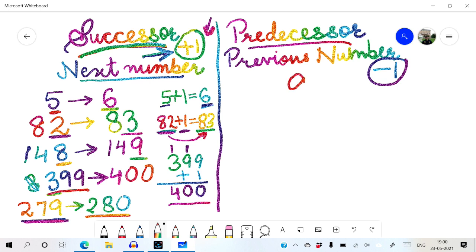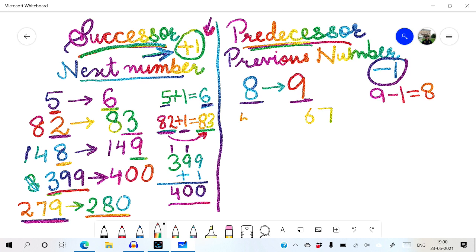Suppose the number is 9 and you have to find out its predecessor. So, predecessor of 9 is 8. That 8 comes first and then 9 comes. So, 8 is the previous number of 9. So, 9 minus 1 is equal to 8. Okay. Now suppose the number is